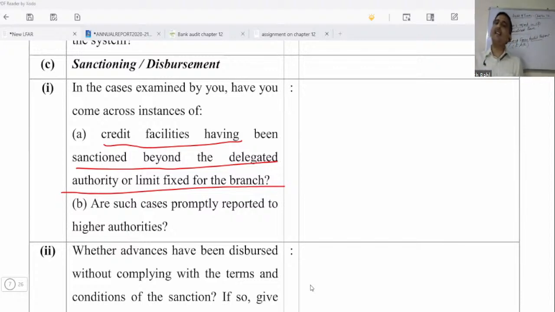So similarly, there are questions on virtually every aspect. You do not have to study it too deep, but just for understanding purpose, you can understand what are the questions asked in long form audit report. Okay, so you will not forget how a long form audit report looks like. Is it clear to you guys? You have found it useful or not? Tell me.